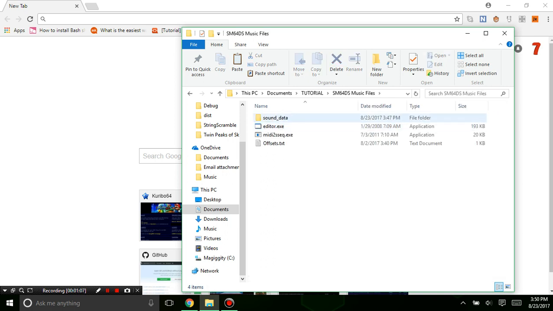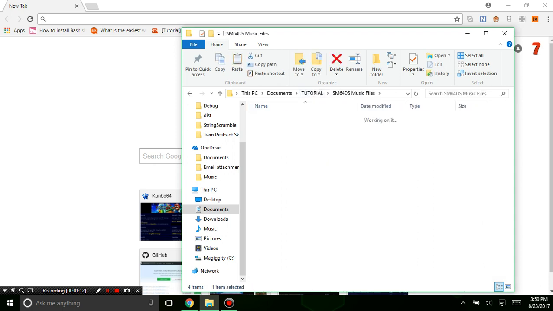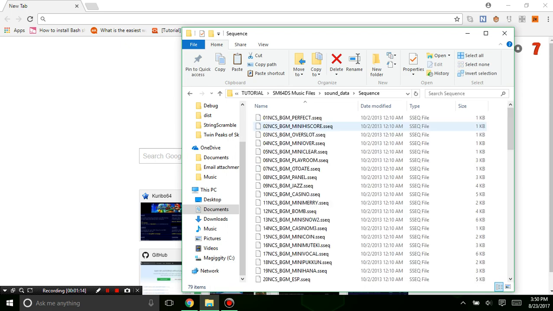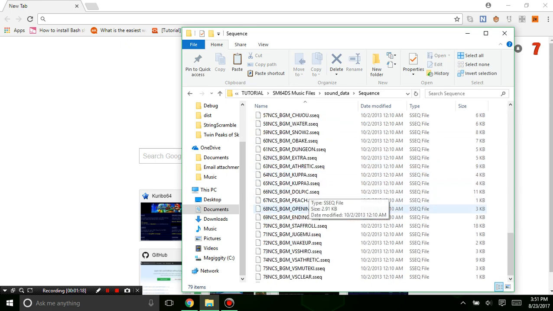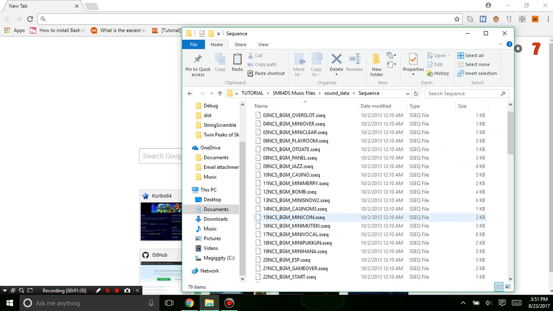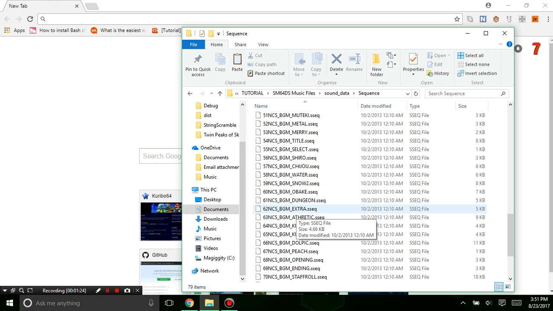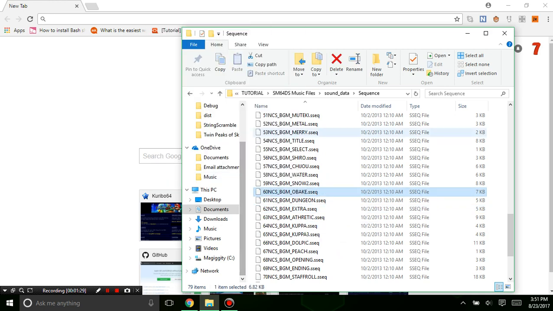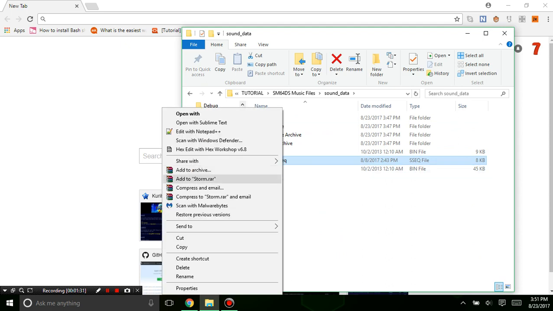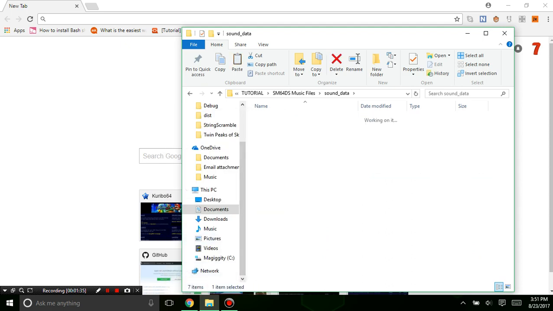look in the music files, and we're going to first replace a random song. For the sake of this tutorial, I'm going to replace BGM Obaki. But I'm pretty sure you can replace just about anything you want. So I'm going to rename this, just copy the file name. Then once I paste that in there,